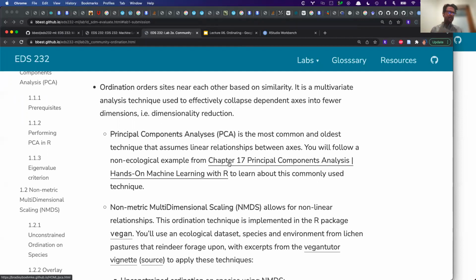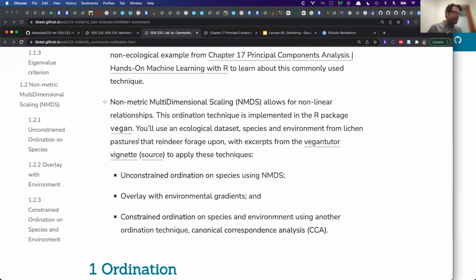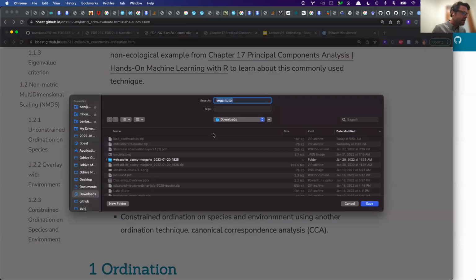It's not using an ecological data set, but you could just imagine swapping in species. And then this one is this vegan tutor vignette. I had to compile it, but you guys can download this